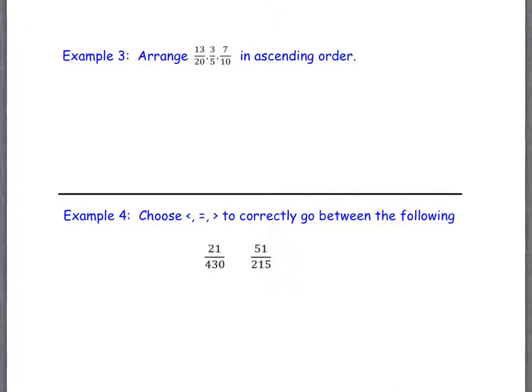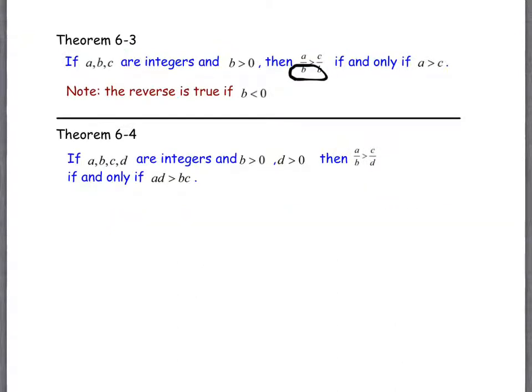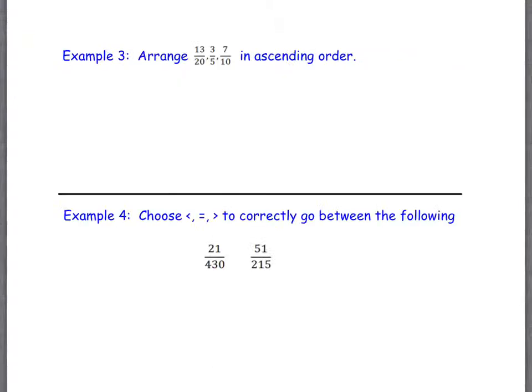three fractions, and we're going to write them in ascending order. There's lots of ways to do that. One way is we could use the theorems that we just discussed. The inherent problem with the theorems above is that they compare two fractions, and this is comparing three. So that's not especially friendly. It would be friendlier to actually get all the denominators the same, and then using Theorem 6.3 would be a little bit easier because all the denominators match and we can just look at the numerators. So we're going to try using Theorem 6.3 to help us with this one and get all those denominators